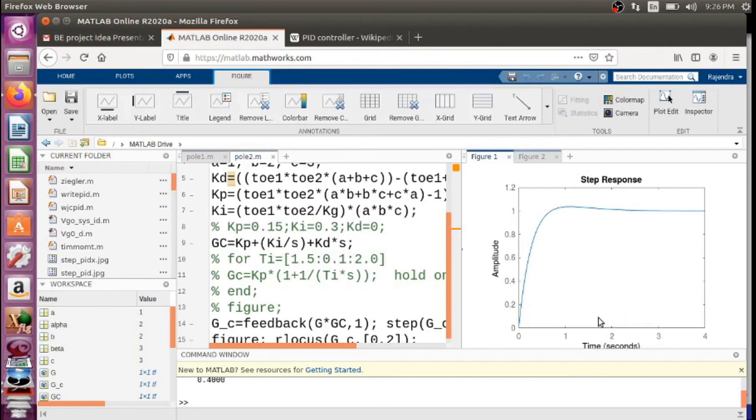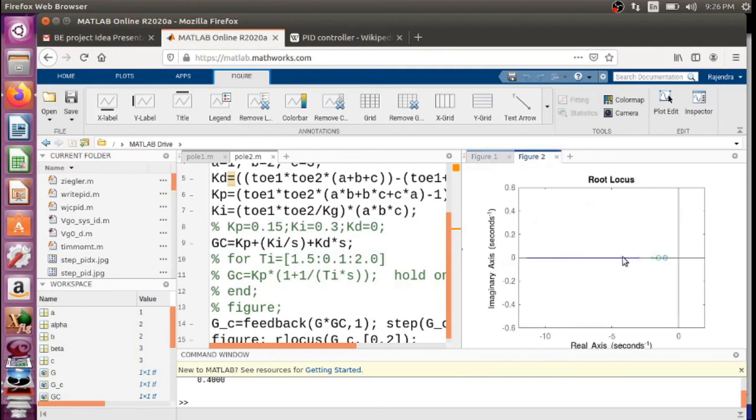We have run this program, and we found that the closed loop transfer function is this way, and the root locus of this is this way. You will find from this that we essentially got three poles: one at -1, second at -2, and third at -3.